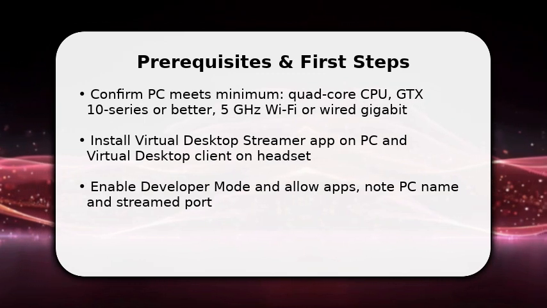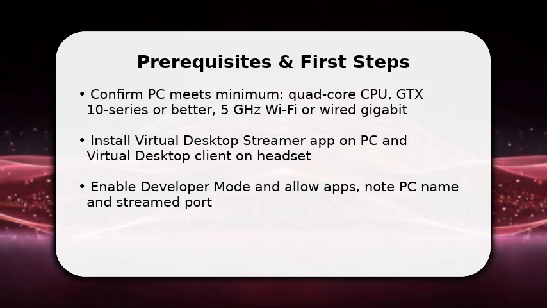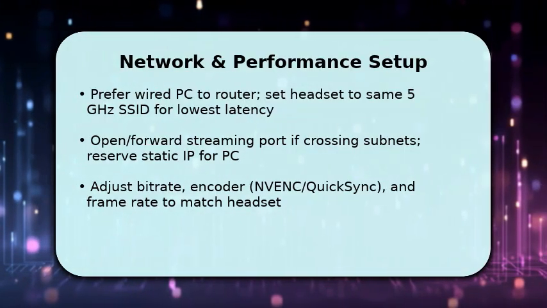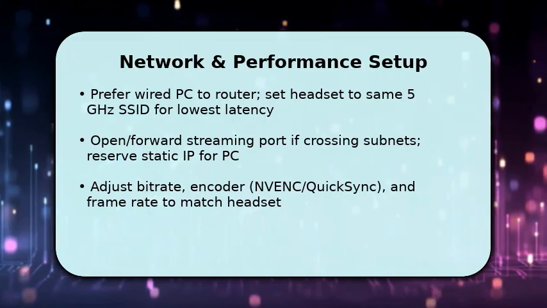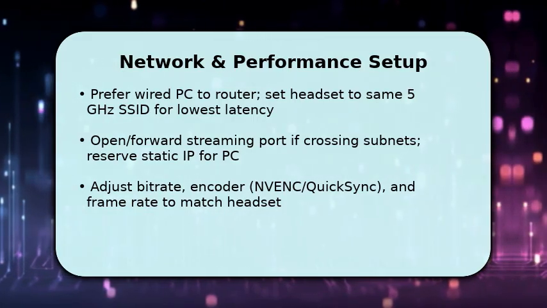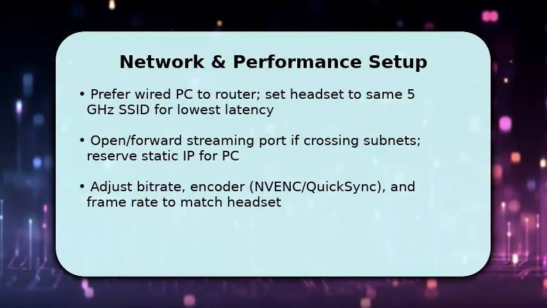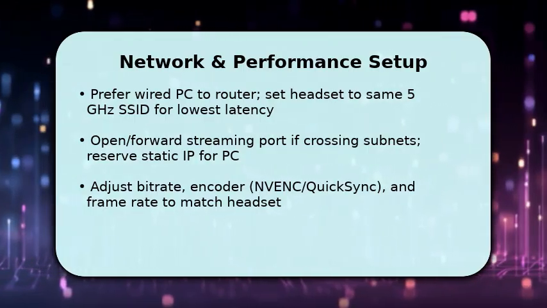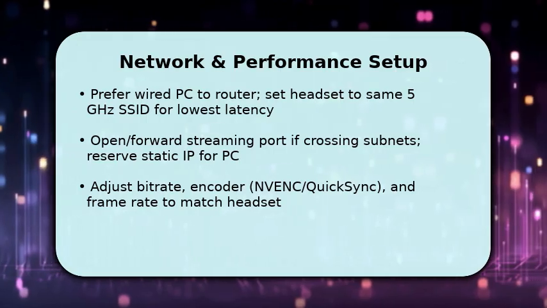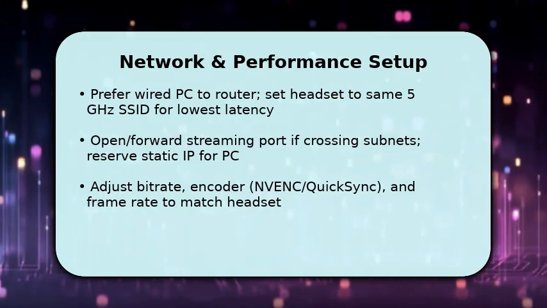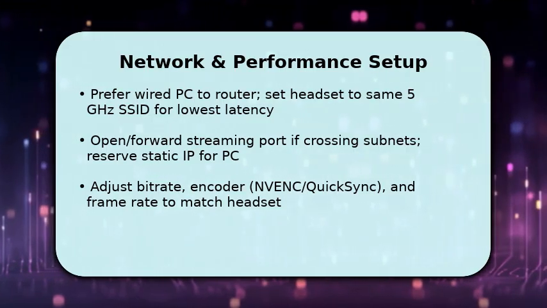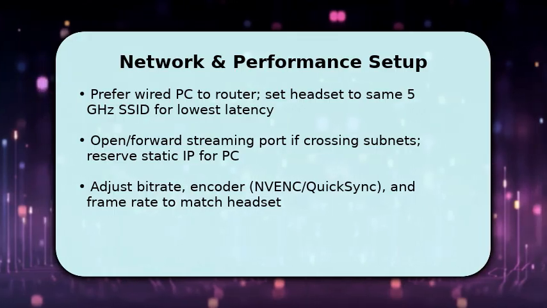Once the apps are installed, optimize network and encoder settings to reduce lag and artifacts. You should use wired Ethernet on the PC and connect the headset to the same 5 GHz SSID. This minimizes hops. If your PC sits on a different subnet, open or forward the stream port and assign a static IP so the headset finds it reliably. Then tune bitrate and encoder type, NVENC for NVIDIA or QuickSync for Intel, so visual quality balances with smooth frame